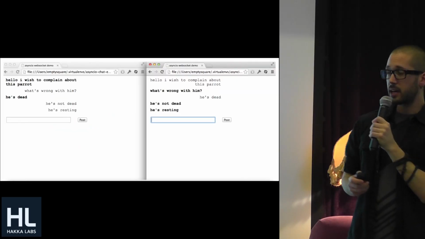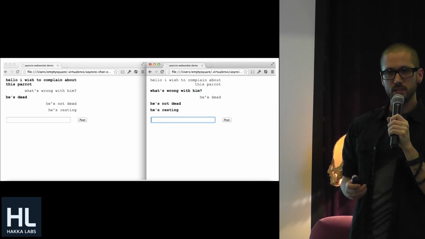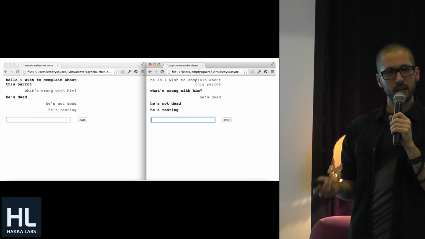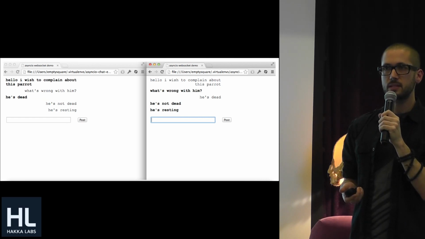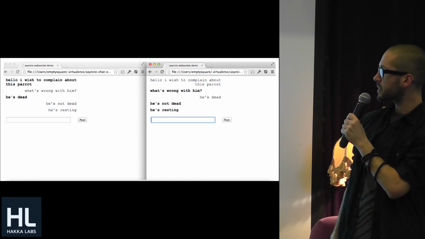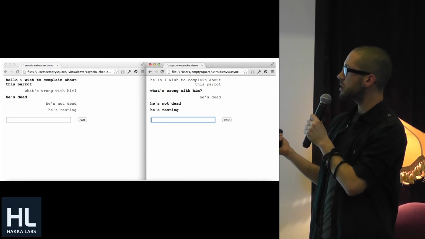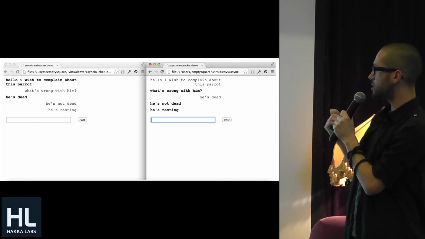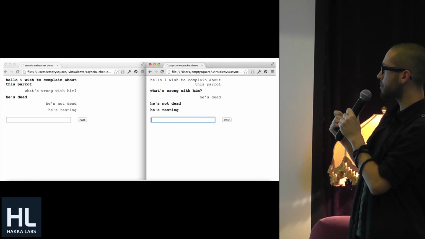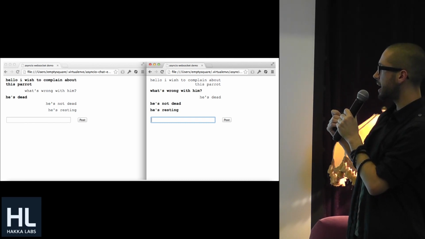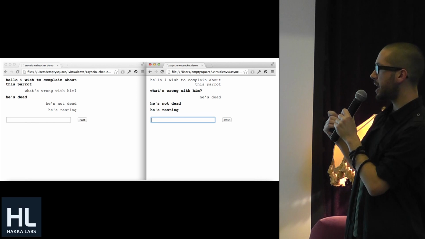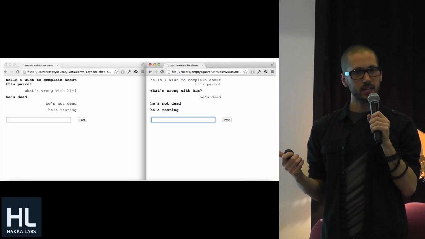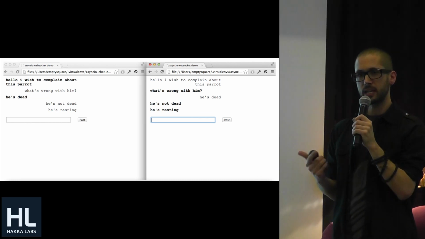So to begin with, I know that that's pretty small, but we're going to make an example application, and we're going to build it on Async IO. The application is just a simple chat app. We've got two independent web server pages, and they're connecting to the backend over WebSockets. You can see that whenever a message comes from one of them, it's sent to the server over a WebSocket,